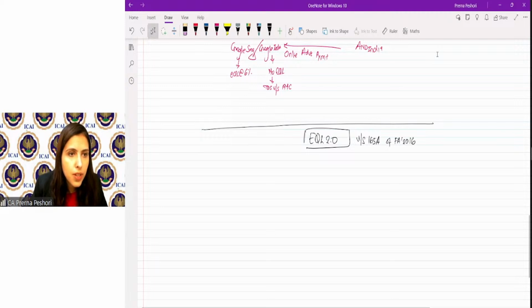So just write down. Equalization levy 2.0. This is under section 165A of the Finance Act 2016. Now, to whom is this equalization levy 2.0 applicable? What does section 165A say? Let's read out. Section 165A says that equalization levy at the rate of 2% shall be charged on the consideration which is received or receivable by